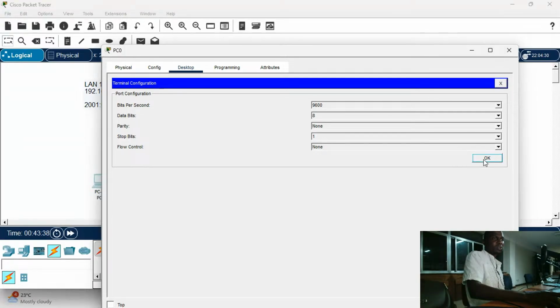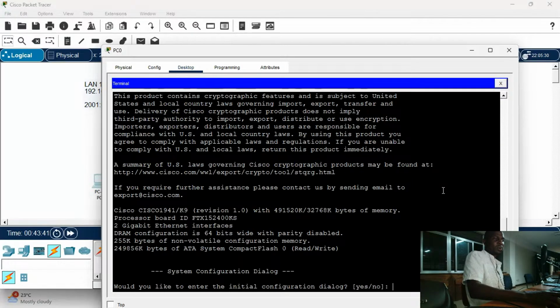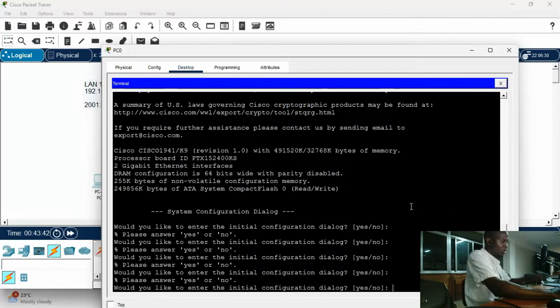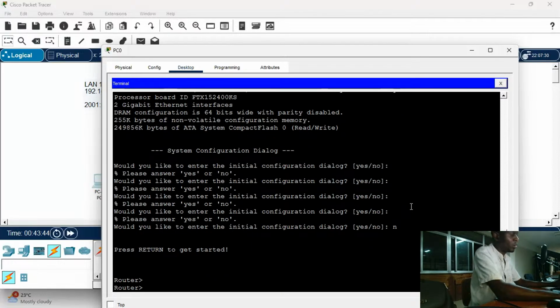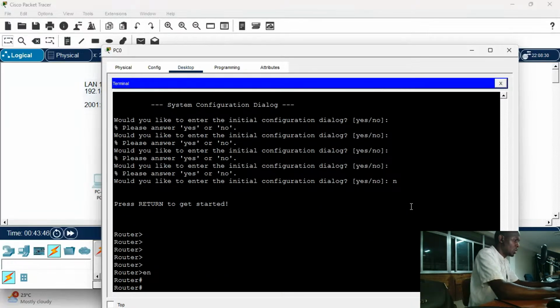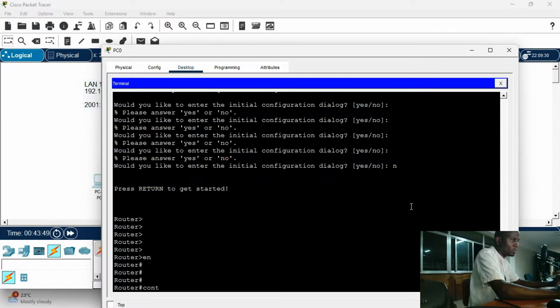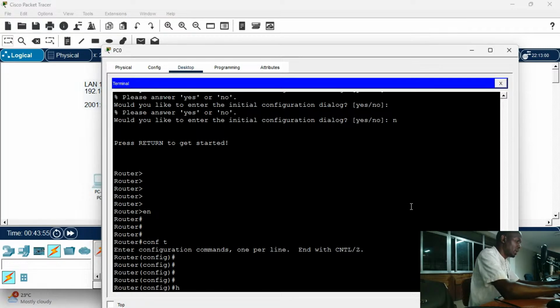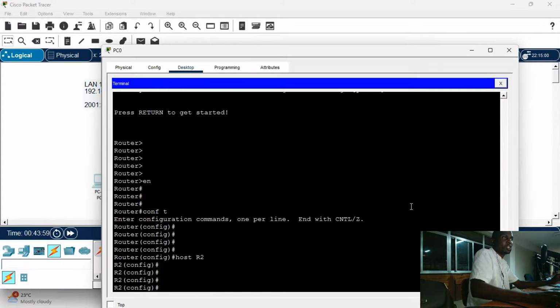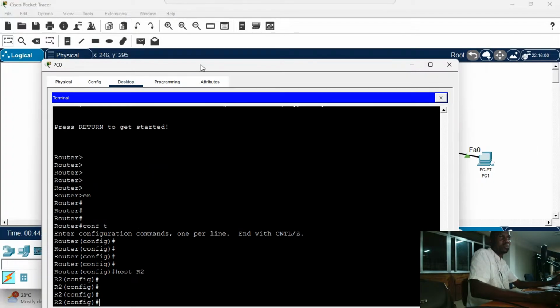Click OK without changing anything. Here we are on the other router. Reply with no, then enable, config t, like that. Then the host name here is going to be R2. So on R2,